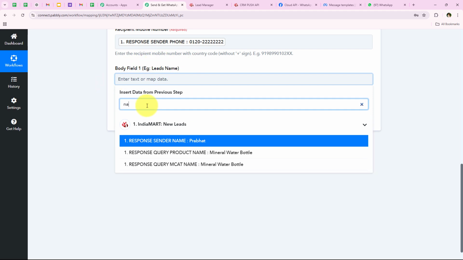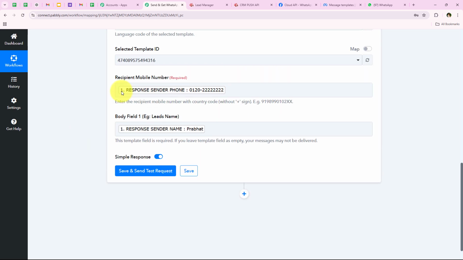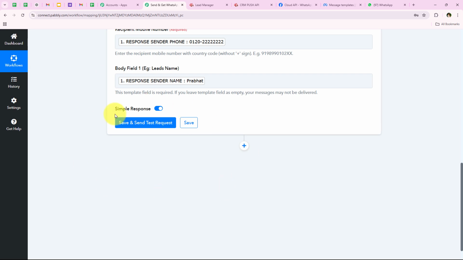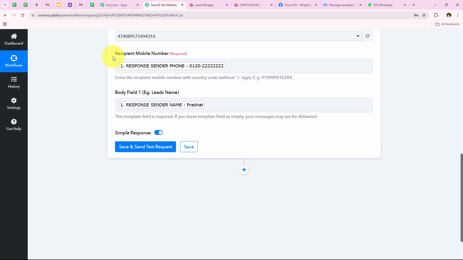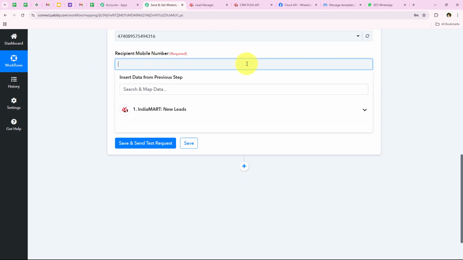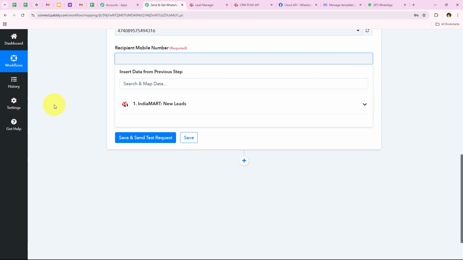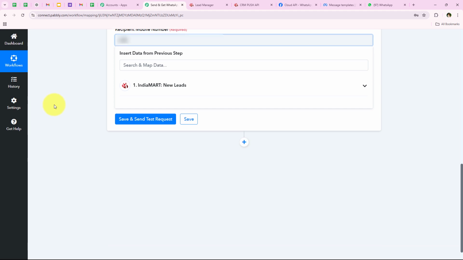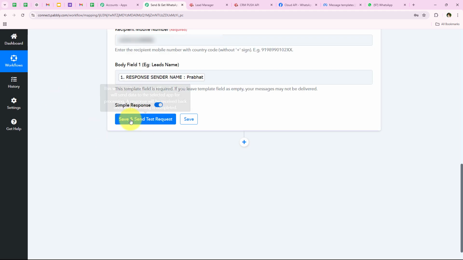Okay, so I'm going to look for name in the previous response, and as you can see, Prabhat, so we're going to map it. And after mapping both of these details, we're going to click on save and send this request. But before clicking on this button over here, I'll just let you know that it is asking me for the recipient mobile number, and as you can notice that this is a dummy phone number. So I'll just replace this dummy phone number with my original phone number so that I can show you the messages received. So I'm going to enter the real mobile number, and then we're going to click on save and